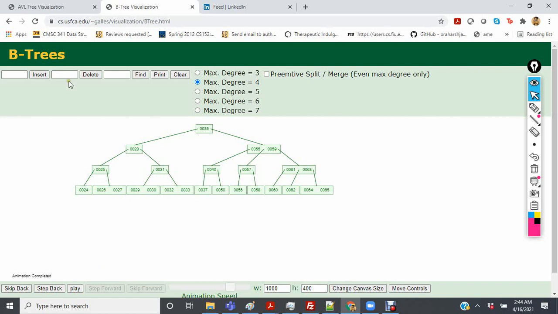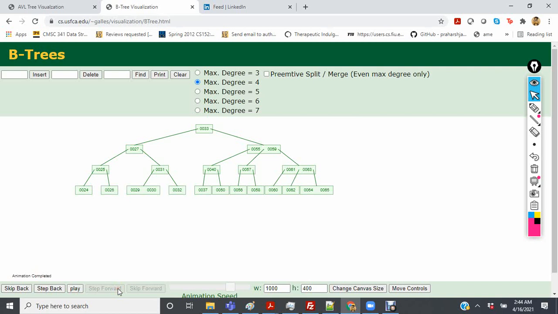So let's start deleting. I'm going to do 35. And it's going to grab the largest element from the base of the tree. We don't have any issues. We quickly get issues if I try to delete any value here from 33, 28. So now watch what happens when I delete 28. Well, actually, that's not going to cause an issue that much. It's going to bring 27 up,